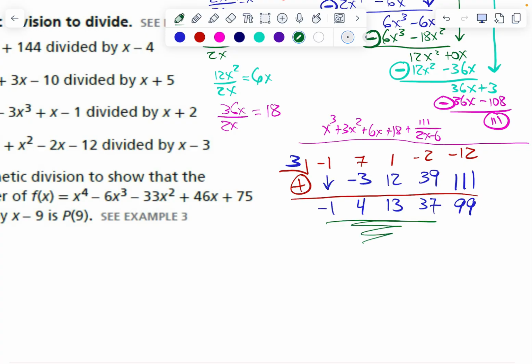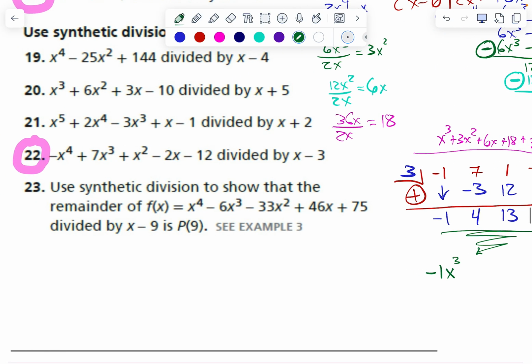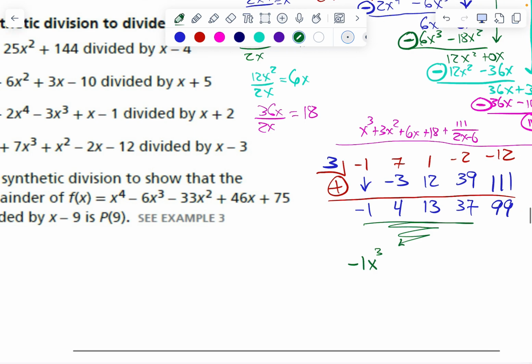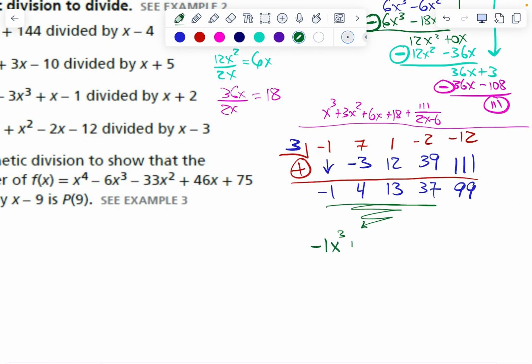How would I write this as a polynomial? -1 what? X cubed. Because remember we started with the 4th, and so we're going to just drop it by 1 degree, so now it's a cube. Okay, so what's the 4? So plus 4x squared plus 13x plus 37, and then our remainder